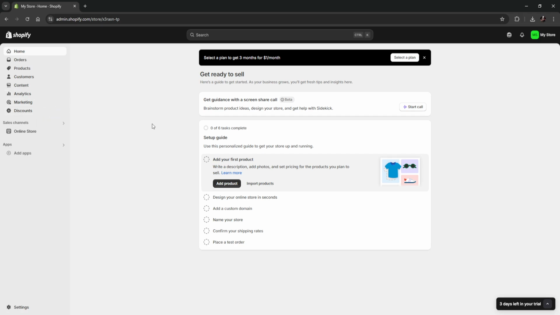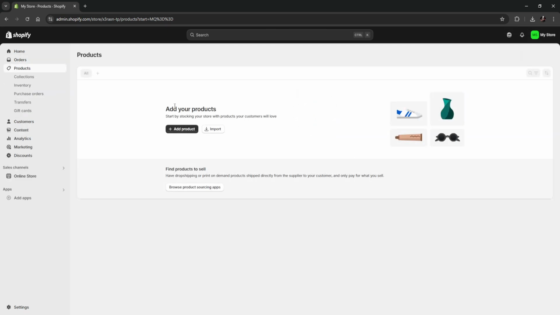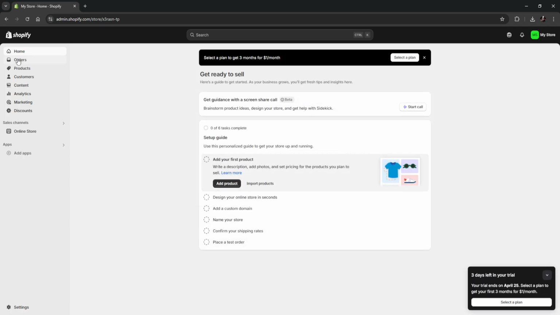So once you're here on the home page, all you need to do is go to products right here, or orders. For example, if you ordered something here in products, and then you go to orders, the order will show up here, and you can just cancel your order from here. It should be around this part, and you can just select that and then click on enter, and that is it. That is how you cancel an order